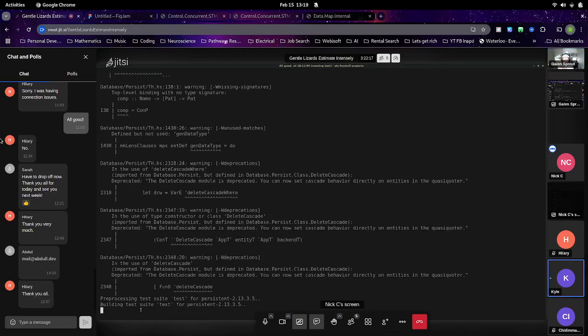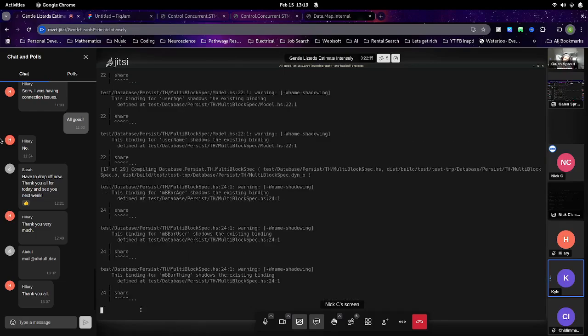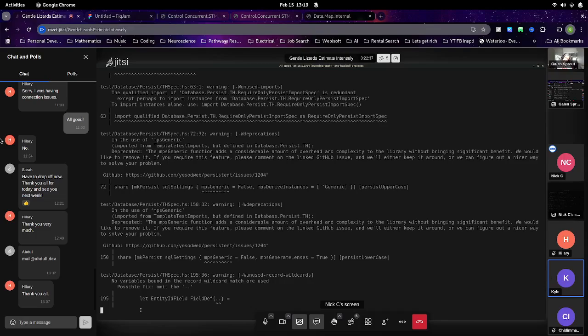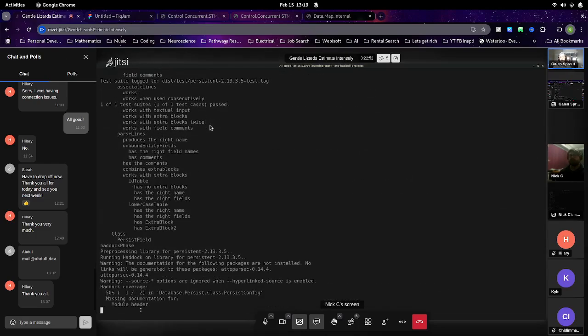Yeah, it's mostly because you can see all these deprecation warnings now, and that's kind of the trade-off. I believe, correct me if I'm wrong, Galen, when you do this without jailbreaking and you have the correct bounds, you shouldn't get nearly as many deprecation warnings. But here, we're just forcing it to use a package that might have some deprecated stuff, but it's still going to compile, right? Actually, sorry, the reason we're seeing the deprecation warnings here is just because we're building it.